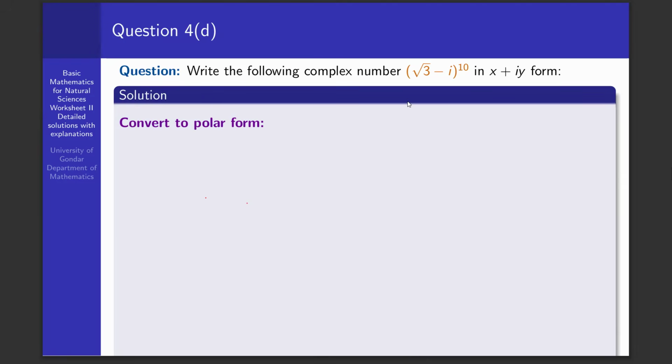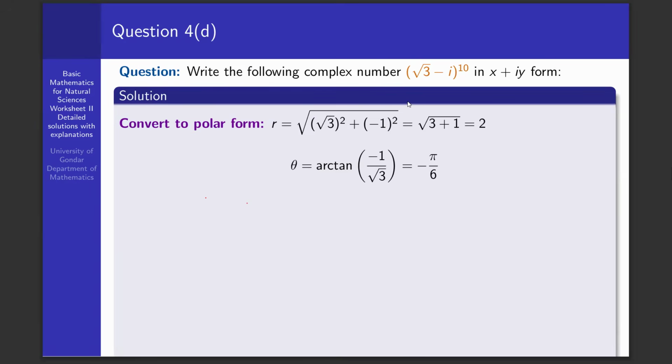A polar form of a complex number means writing the given complex number as a function of r and theta. We know that first the r, that is the magnitude of the complex number, is the square root of the real part squared plus the imaginary part squared, that is, the real part is radical 3, squared, plus minus 1, the imaginary part, squared,